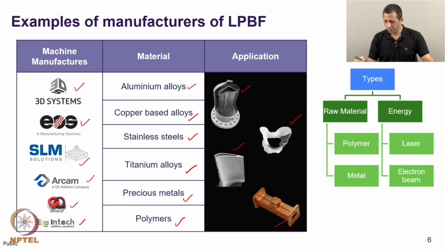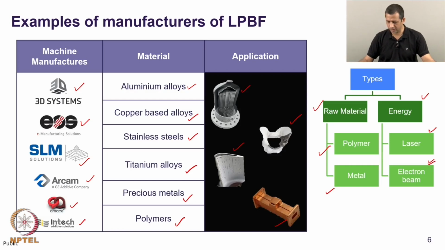Now, depending upon the energy used in the process and the raw material that is used, we have categorization of this powder bed fusion process. Based on the raw material, we can have polymer based process or metal based process. We can have, based on energy, a laser based process or electron beam process. Usually electron beam process involves higher energy, the interaction volume is larger, and higher temperature can be achieved as compared